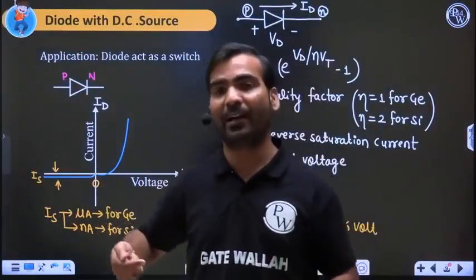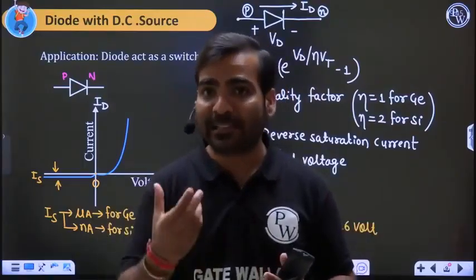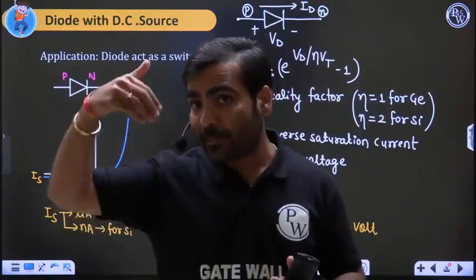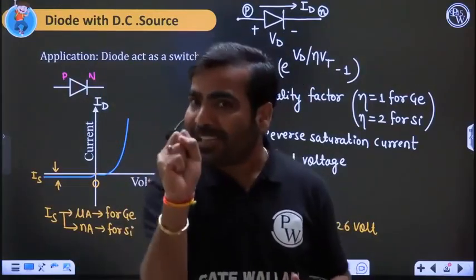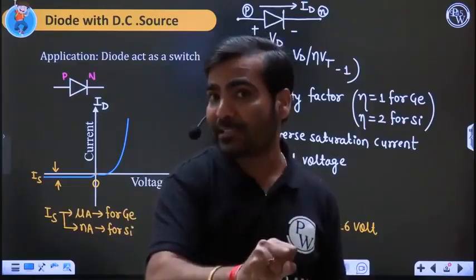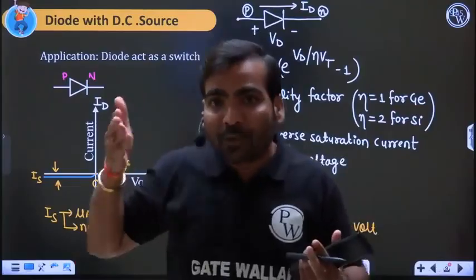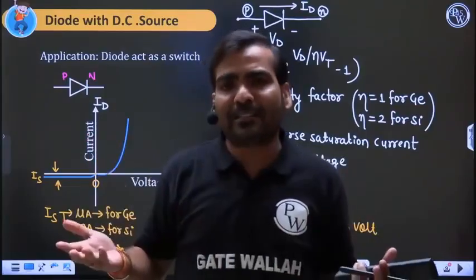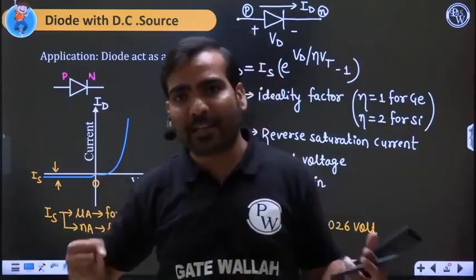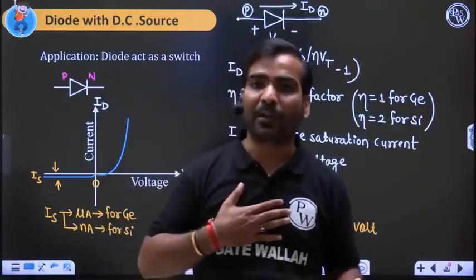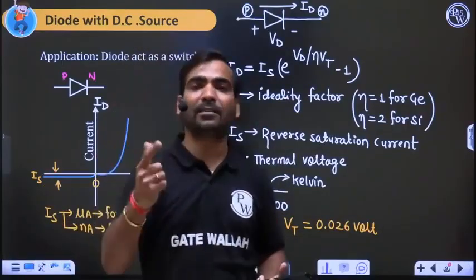Do not learn it by heart. Reverse bias means that if, in any circuit, my N terminal is connected with the positive terminal of the battery, the high potential side, and my P terminal is connected with the low potential side, then I am in reverse bias. My current is in the N to P direction, and ideally I do not allow current in that direction. My current is 0, and the diode becomes open circuited. So in reverse bias, the diode will be an open circuit.